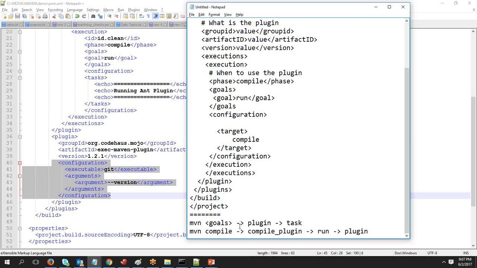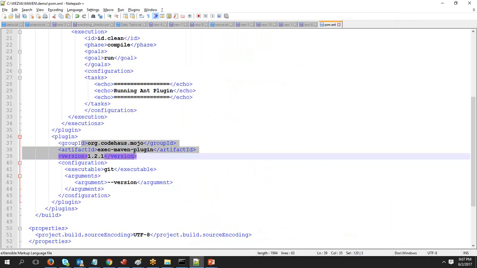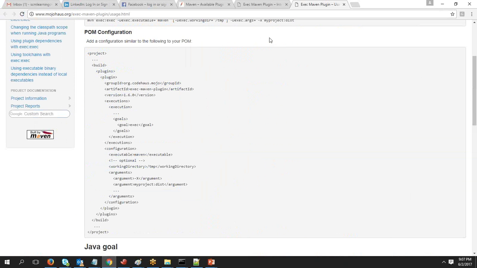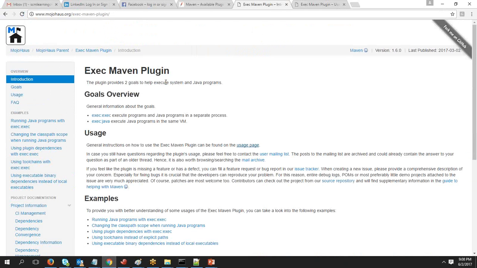So that is how you can directly call the goal, through which Maven will know that, okay, there is a plugin that you are asking me to run. And if you have specified the details about that plugin, then it will read it based on your project and it will invoke only that and it will not do anything else. So for this plugin, what are the goals that are available? To know that, once again, go back to the home page of that plugin. Okay, so this is the home page of the